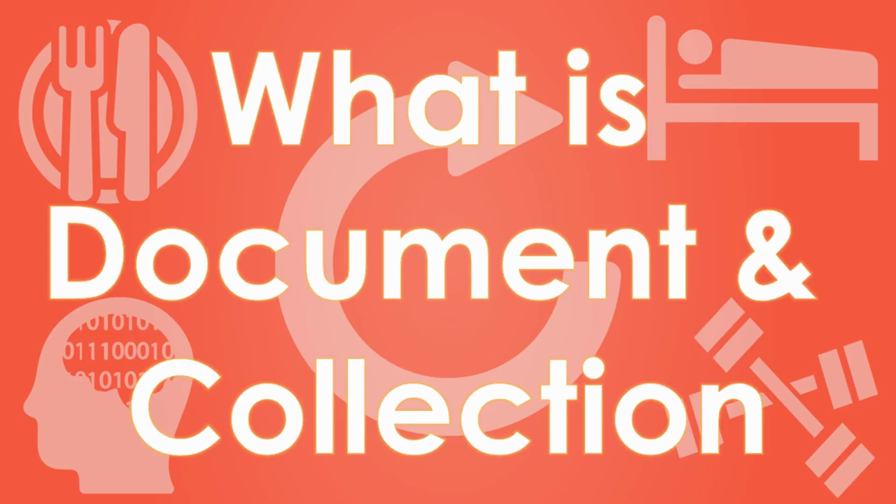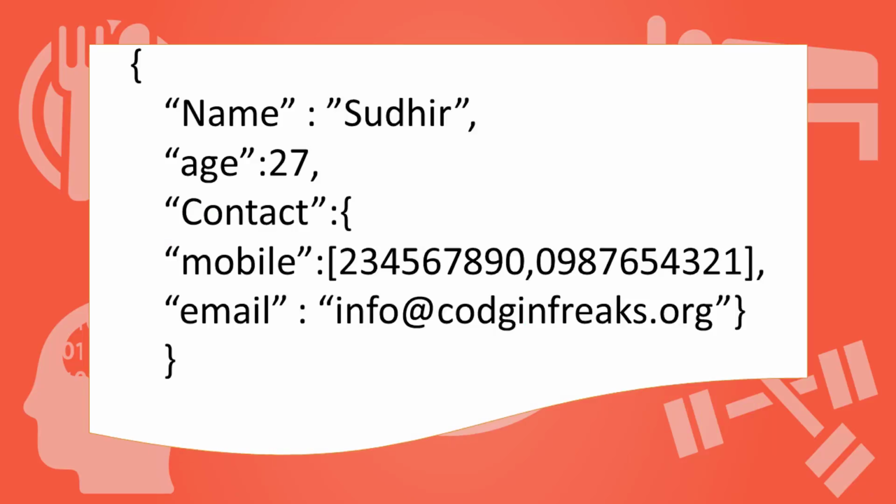We have used 2 terms, document and collection. Let's start with the document in MongoDB. A document is a record in which data is stored in the form of binary JSON, that is key value pairs. A value can be an integer, a string, or an array of these, or again an object having another